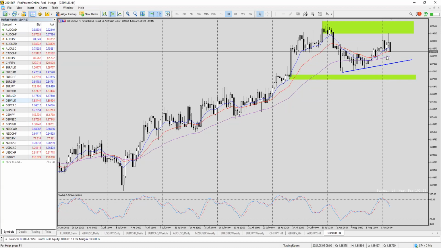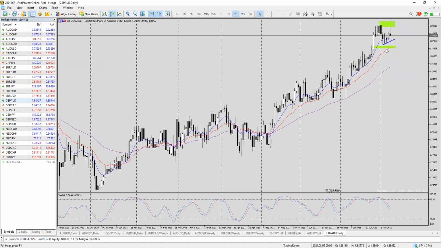If Pound Aussie goes all the way down to this demand zone and the 21 moving average, if you see here some consolidation, or that the Pound Aussie is finding some support here and forming maybe a reversal candle or hesitation candle, that could give you a nice entry area. However, it obviously can go even lower